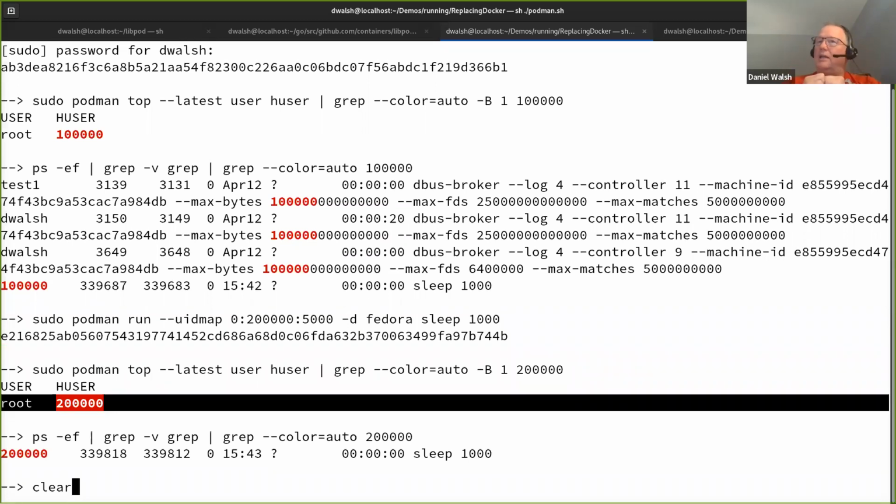The concept I want you to get here is we can actually use user namespace as an additional security mechanism. If the first container got out, it was root inside of its container, but if it gets out onto the host operating system, it's going to be treated as UID 100,000. If I launched a second container as UID 200,000, then it would be subject to standard Unix permissions, so a UID 100,000 process cannot interact with UID 200,000. You have root inside of your user namespace, but as long as the UIDs don't overlap between the containers,